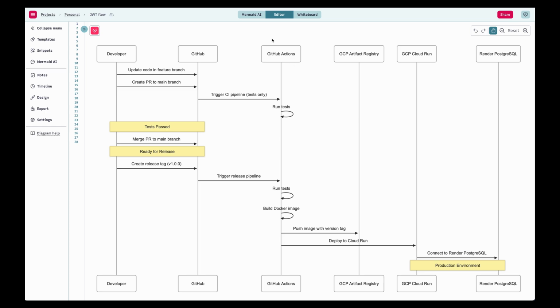So what I'm doing here, okay, this is me, the developer, or any developer working with us. What a developer needs to do: update code in a feature branch, push that branch to GitHub, and then create a pull request to the main branch. As soon as you create a pull request to the main branch, it will trigger the CI pipeline which we have defined in our code, which will be running tests only. So that pipeline on GitHub Actions will be running the tests, and if all the tests pass and the pipeline is not breaking, then we are okay to merge the PR